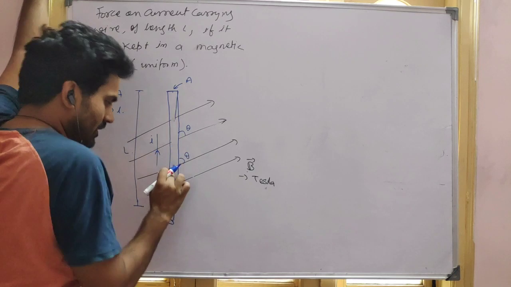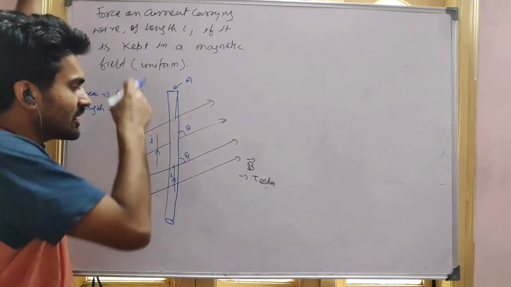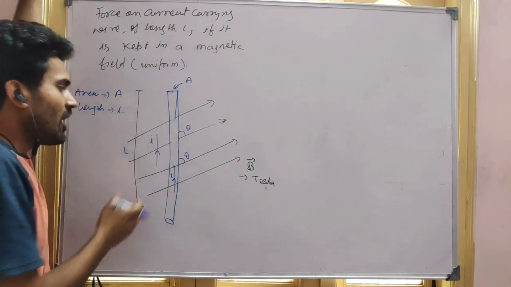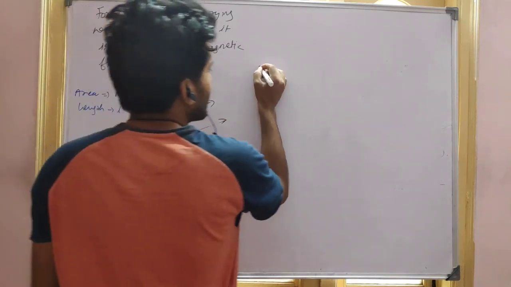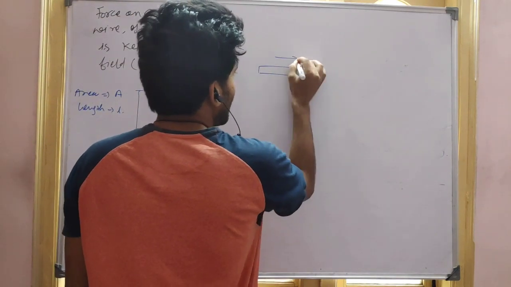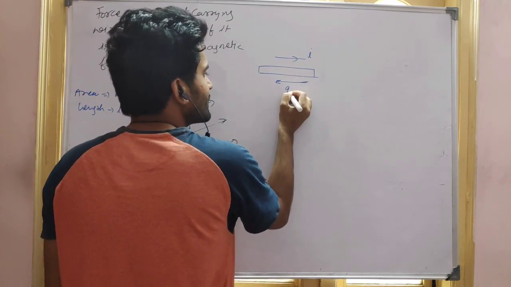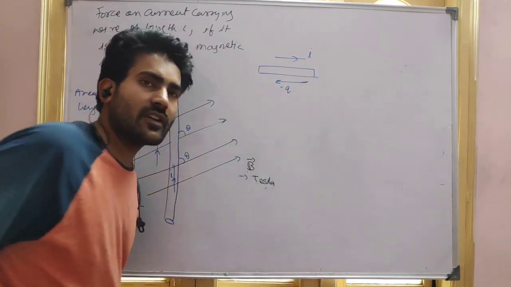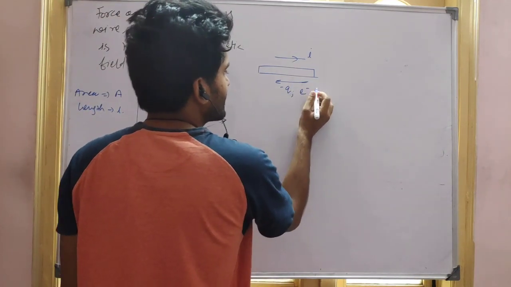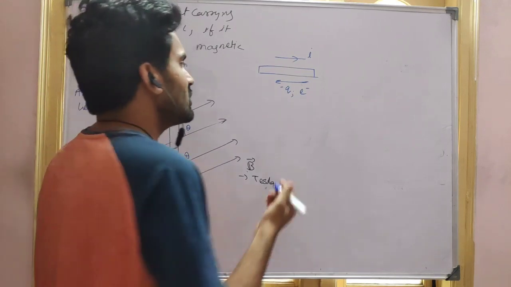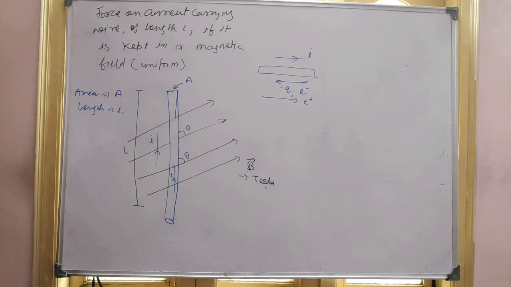Now, can you tell me what is going on in this current? Actually, electrons are flowing in this particular wire, and only then is current generated here. If the current is in this direction, the charge is flowing in this direction. That is the minus Q charge, meaning the electrons. Electrons are moving in this direction, and the positives are moving in this direction.